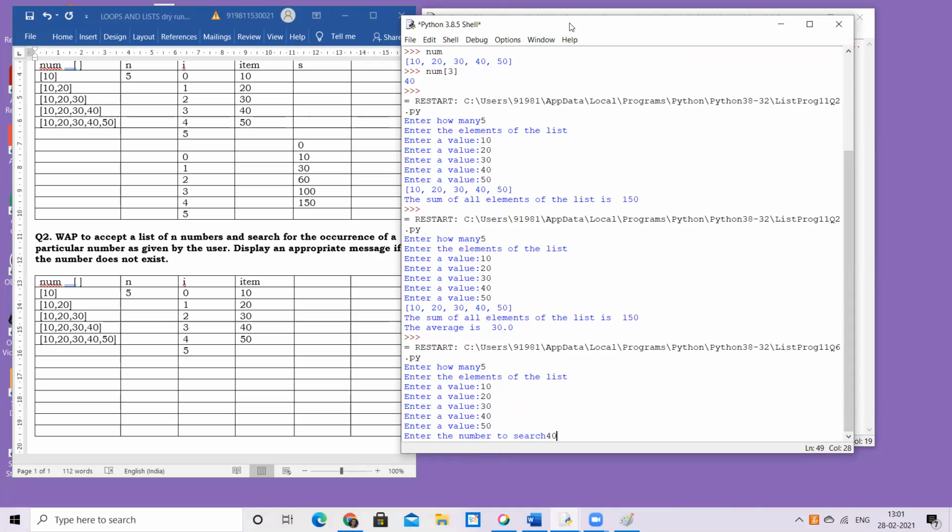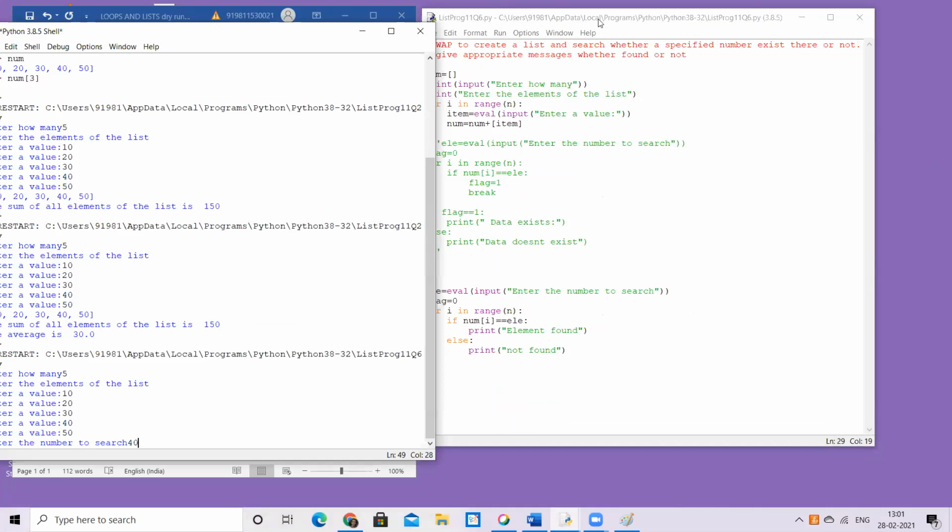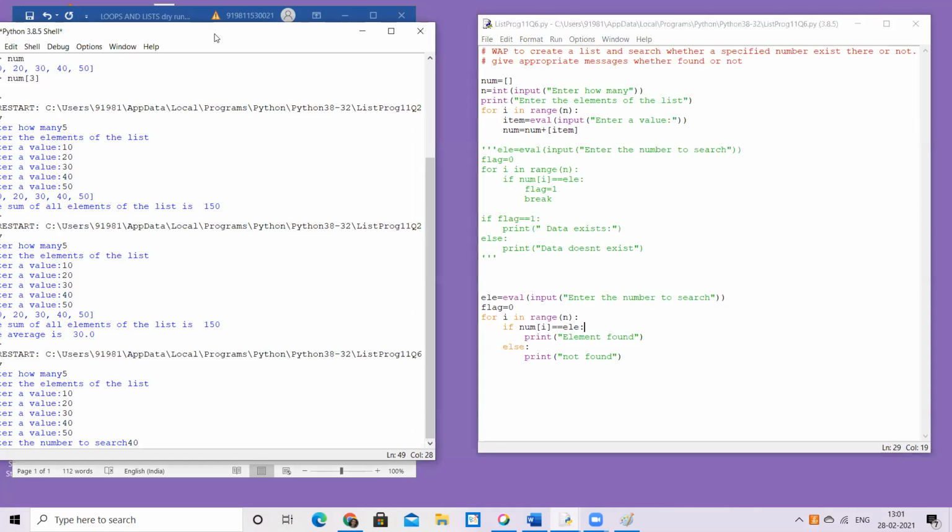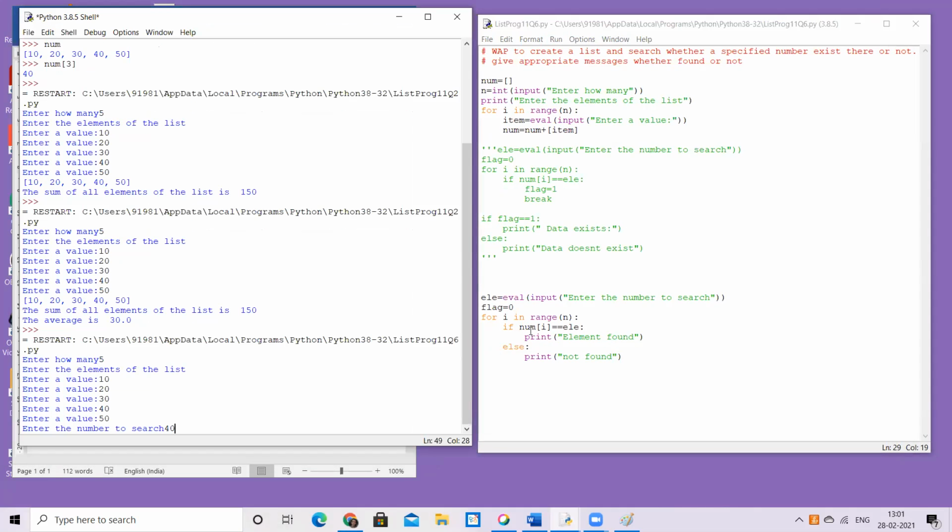My loop starts working, for I in range n. He starts with num of 0, which is 10, the first element. Is it equal to element? No. So he goes to else and prints not found. So it'll be not found, not found, not found, found, not found.